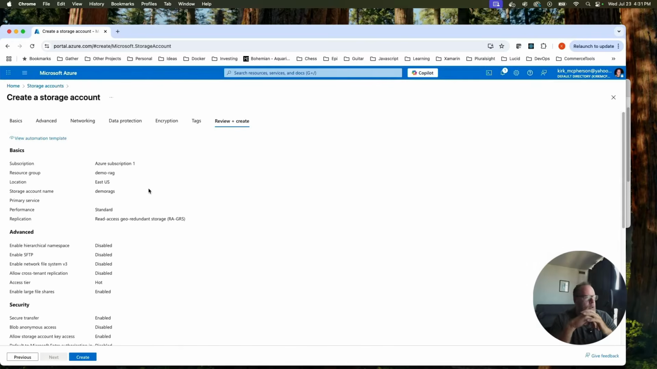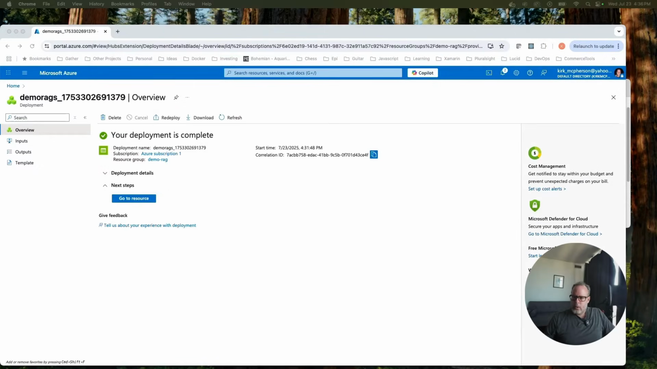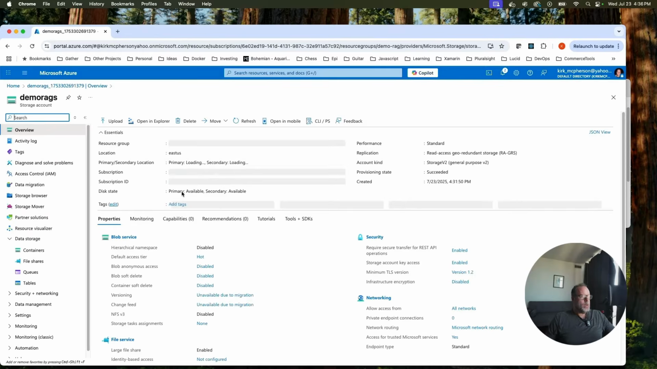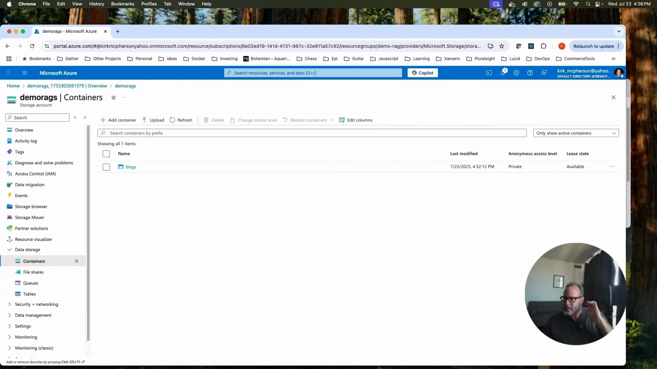Again, this is going to be to store all of our data that we're going to use in our RAG, our Retrieval Augmented Generation. So let's go ahead and do that. It is deploying. Let's wait here for a second. Okay, our storage account here has been deployed. Now let's go to it. Let's create our container. Now what I'm going to do for this, let me just bring this up here. What I'm going to actually have for data, I went to